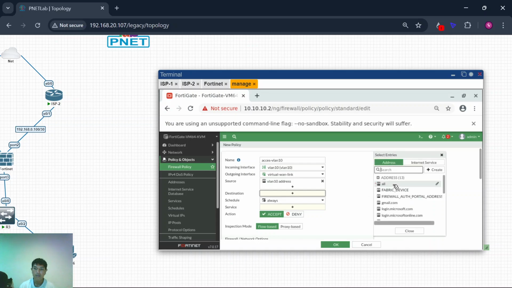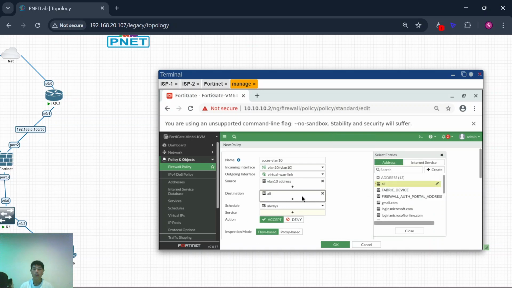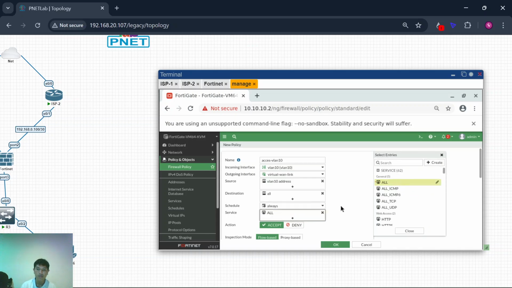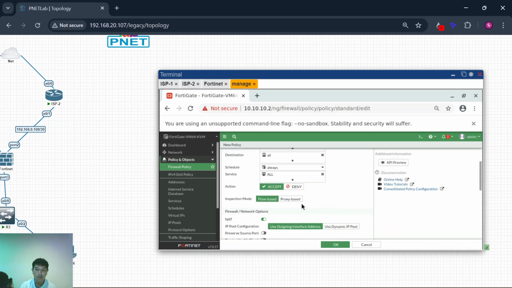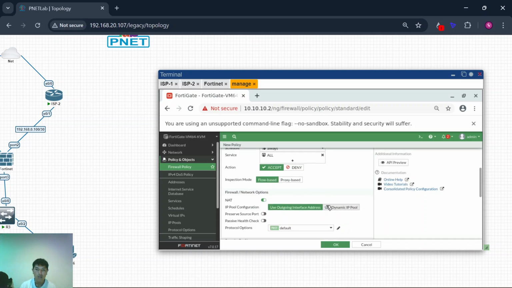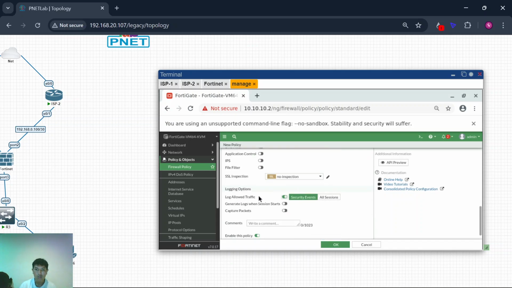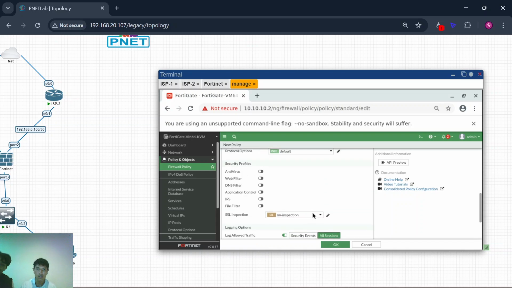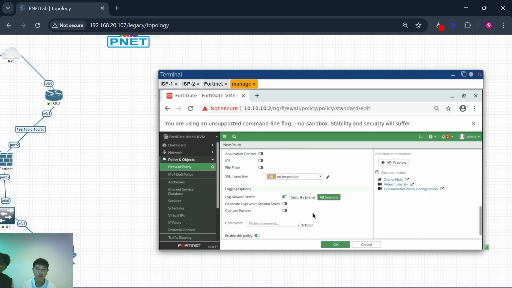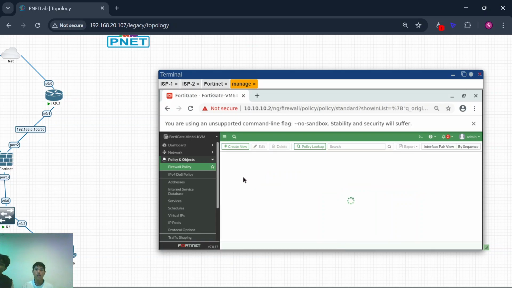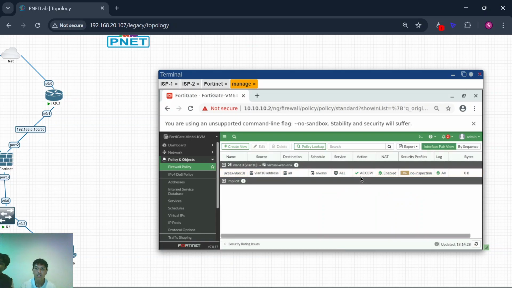Destination all, so it can connect to all, and services all. And then okay, for log traffic all sessions, and I think it's okay. And you can see the action is accept.